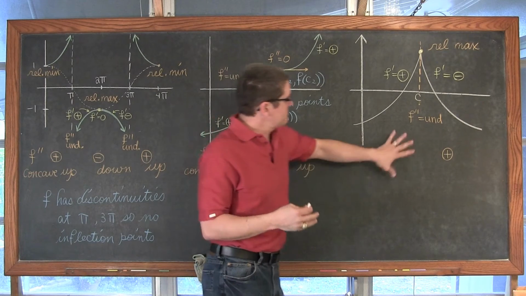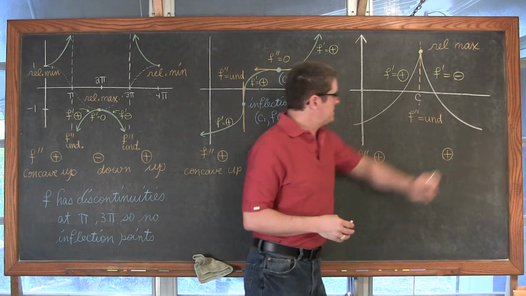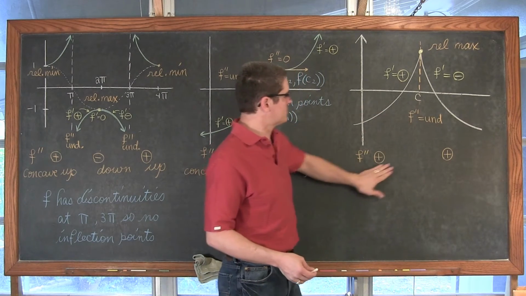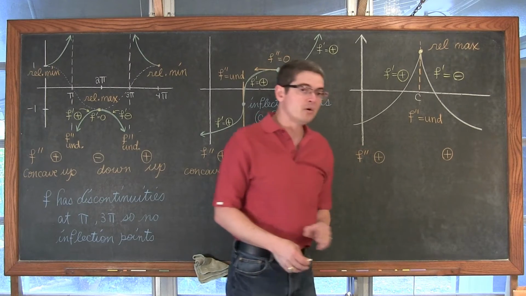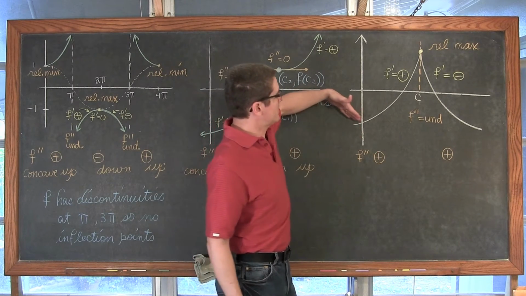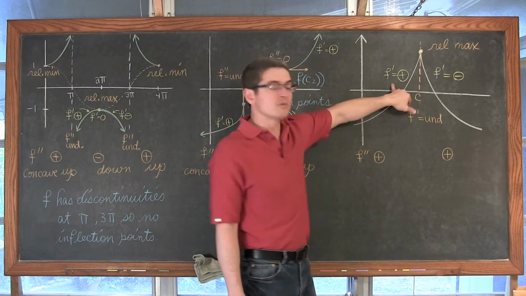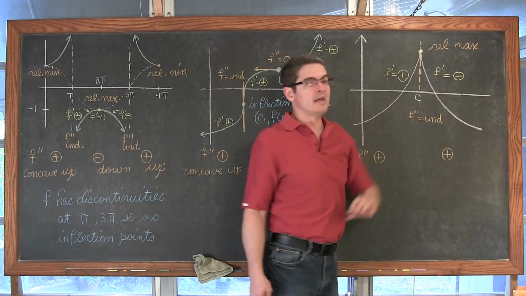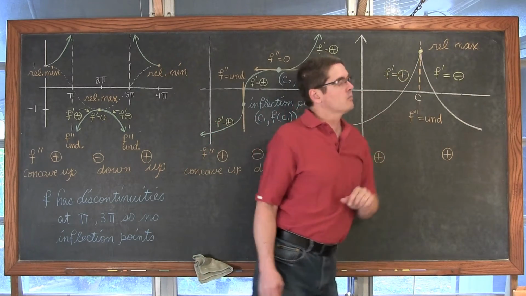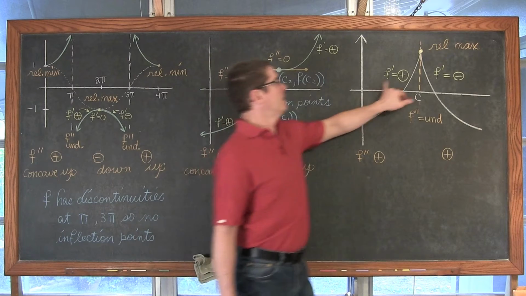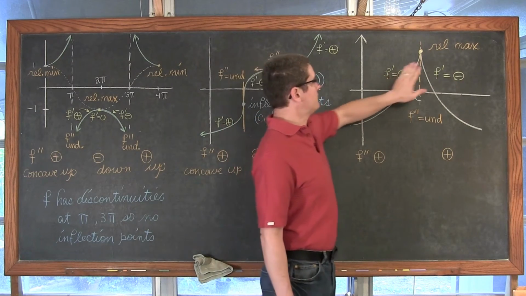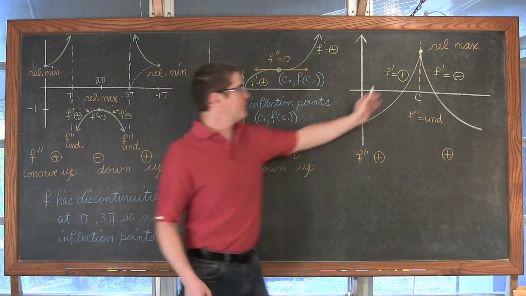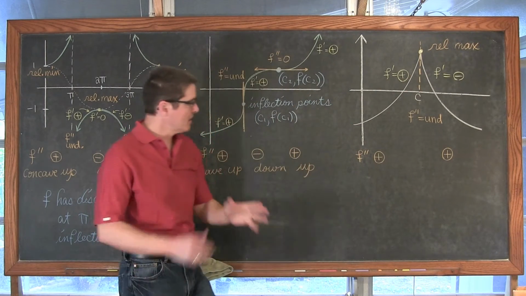And we test the areas to the left and right of c, we find that our second derivative is positive on both. We can also see here that we have a slope which is positive, so our first derivative is going to be positive. Our first derivative on the right-hand side is going to be negative. So we have a relative max value that we could identify with the first derivative test, testing to the left and right of that critical value, and if we go from positive to negative, we have a relative max.